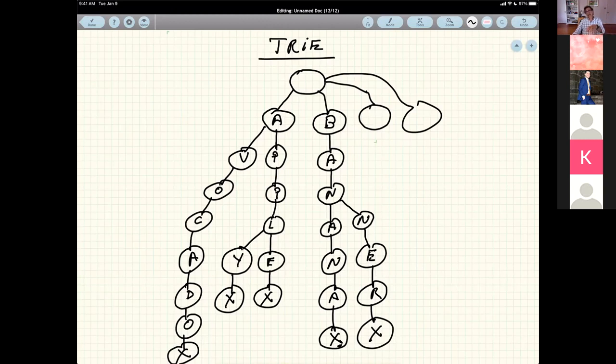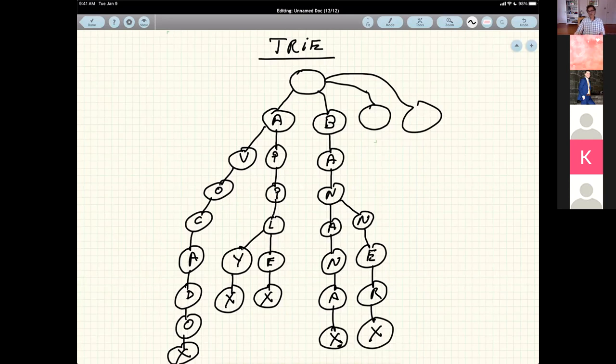So a trie is a very good way to organize things, like for string manipulation, for being able to find, okay, show me all the words that start with BAN. Well, very easy. I just go to BAN in the tree and find all the children of N, which is B followed by A followed by N. All the children of that N will become all the words that start with BAN. There's banana and then there's banner. Okay,